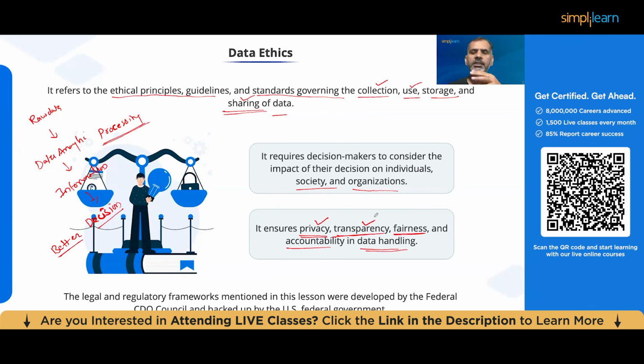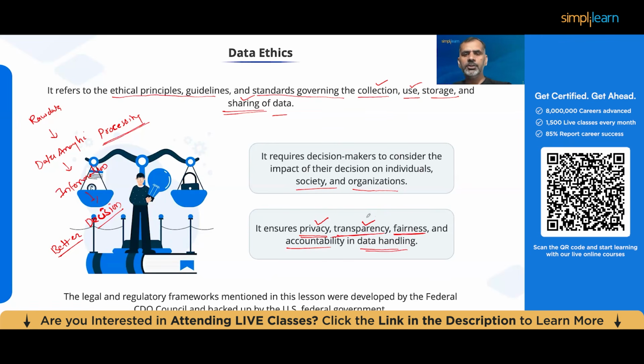When I say transparency, it's talking about the data being used only for the intended purpose. So let's say I'm collecting data from individuals for some X work, that data should be used only for the X work. The data should not be used for other purposes. That is where we talk about transparency, and here we talk about the consent of the customers or end users to collect the data while processing it. The fairness is that the data should be used without any bias, and we will talk in more detail on that.